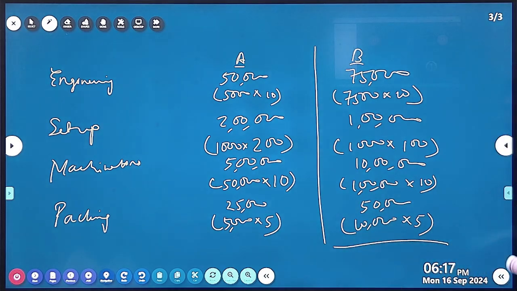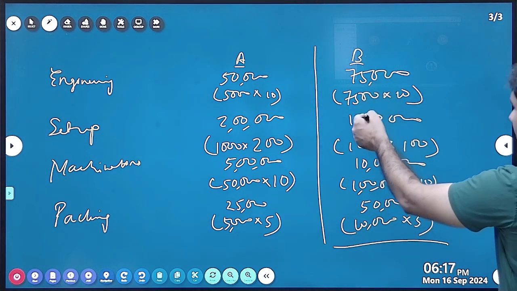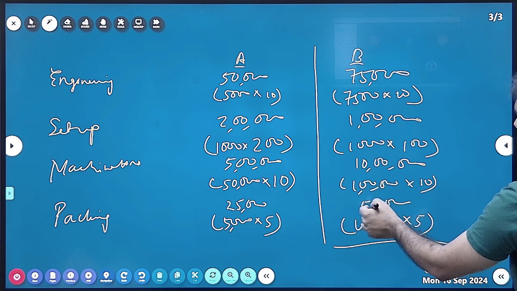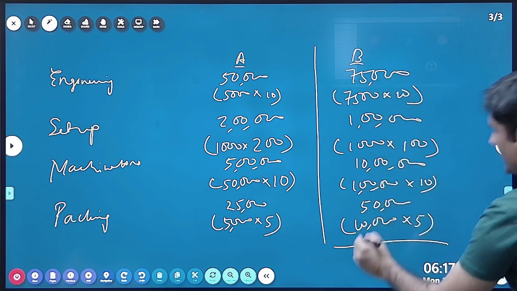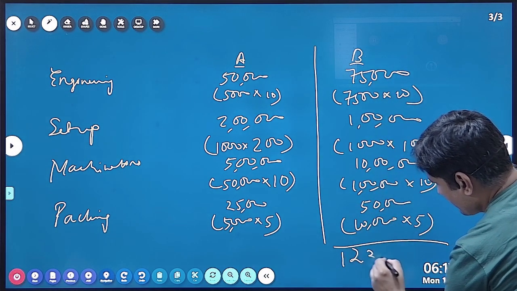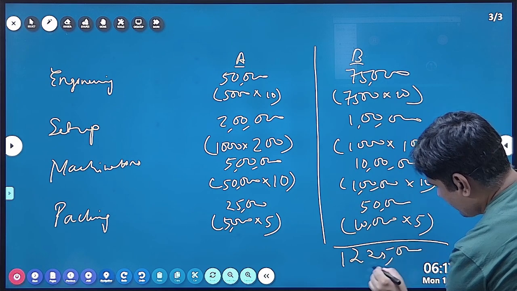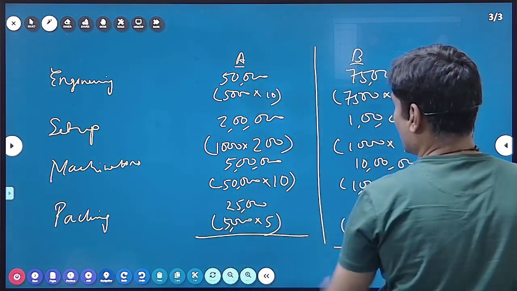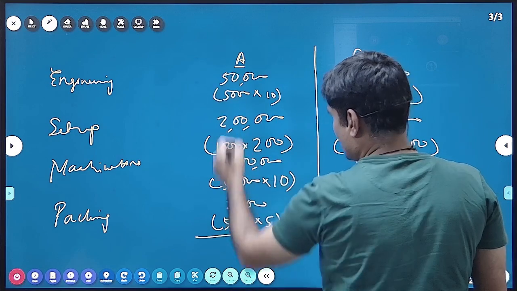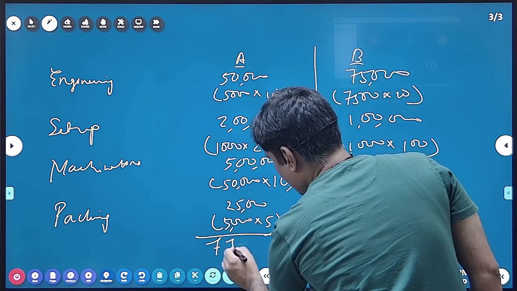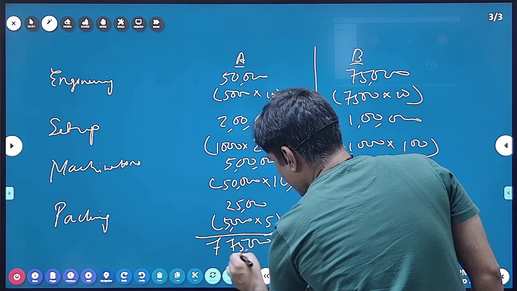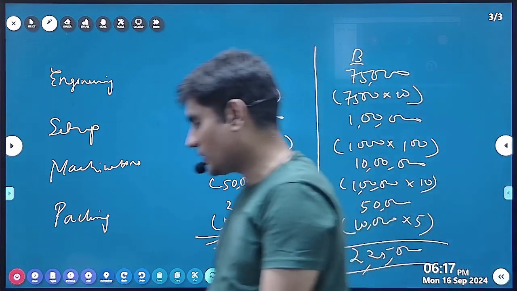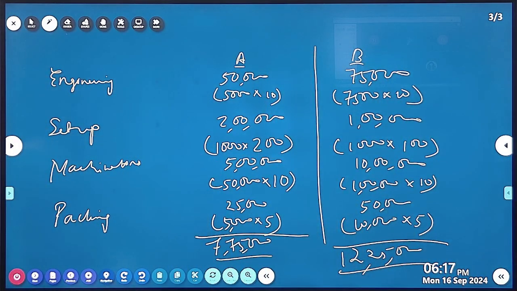How much? 75,000, 1 lakh, 10, 11 lakh, 12 lakh, 25,000. Seven lakhs 75,000. So we have got the overhead cost to be allocated to A and B,